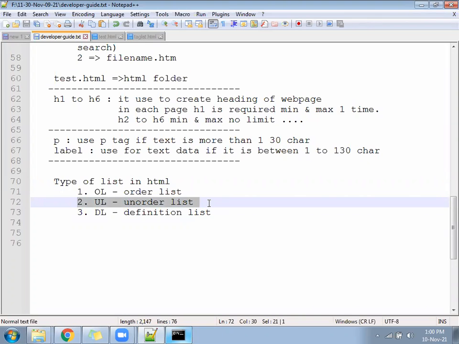If only a menu, then a plain unordered list. If the menu is inside a menu, that is called a nested unordered list. When you move the mouse on services, multiple services will open. When you click there, some more menu will open, right? Those are based on this unordered list. 99% of developers use the unordered list tag to create menus and sub menus inside a website.